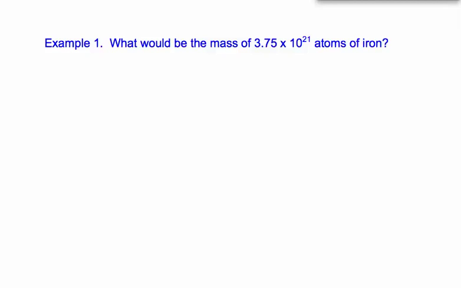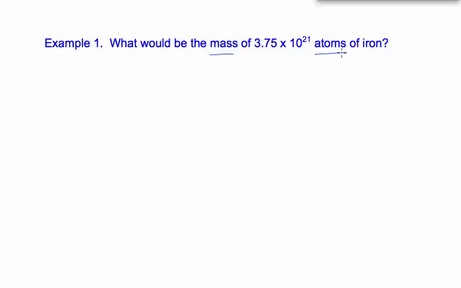This example says, what would be the mass of 3.75 times 10 to the 21st atoms of iron? You can tell that this is a two-step problem because it doesn't have the word mole in it at all. It asks for mass and it gives you atoms. So that's kind of a hint that you're going to have to do two steps because we don't know a relationship between mass and atoms. We know one between atoms and moles, and then moles and mass, but we don't know one relationship between those